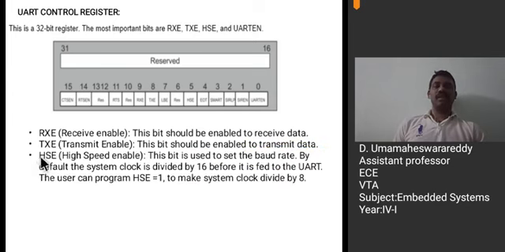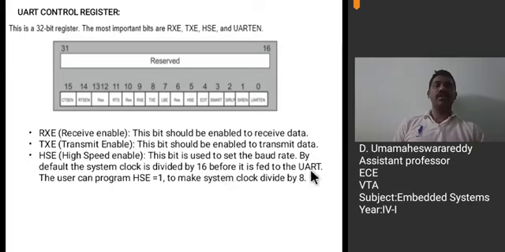Next, HSE, high speed enable. This bit is used to set the baud rate. Baud rate indicates the speed of transmission, no? So this HSE bit in the control register is used to set the baud rate. By default, the system clock is divided by 16 before it is fed to the UART.